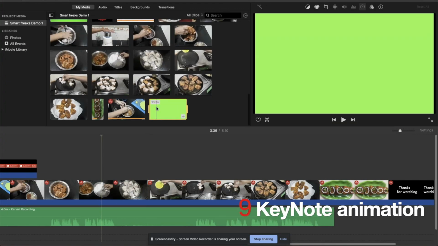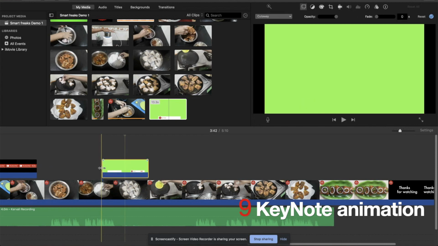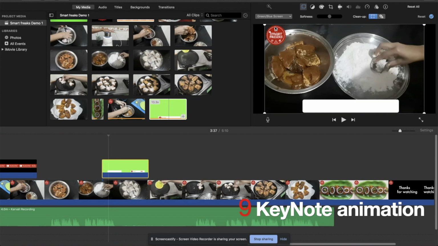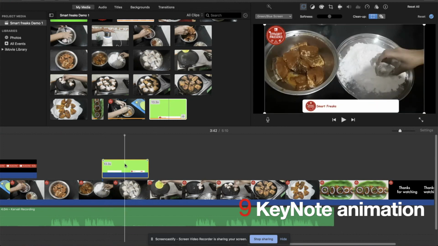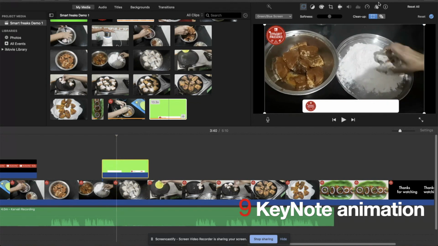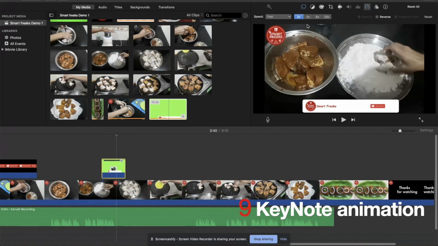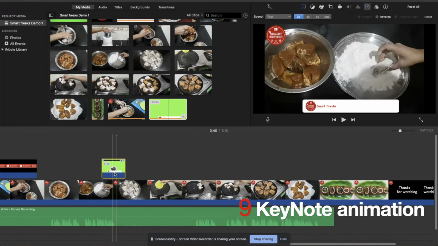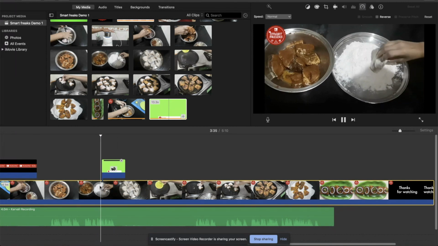So I have done some keynote animations, even though it is a basic one, but for starting this is good enough. So what we have to do is drop it to the primary timeline here, and go here and select green screen blue screen effect. Even though it is a 13.3 seconds animation, I'm going to give a time lapse effect for this. I'm going to give a fast 2x, and you can see here the rabbit, and click on this, how it is going to look like.